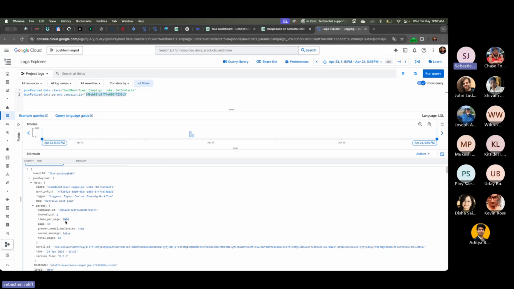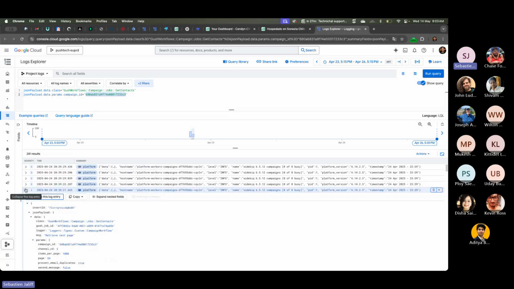We have batches, and the batches have 1,000 contacts. Maybe you are sending a campaign to 10,000 contacts, so you will have 10 pages, and here you can check